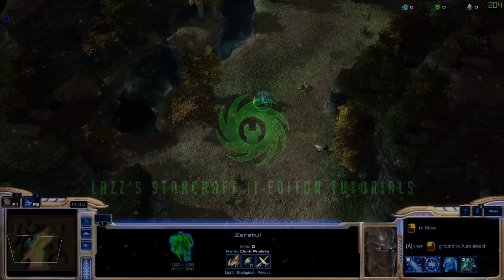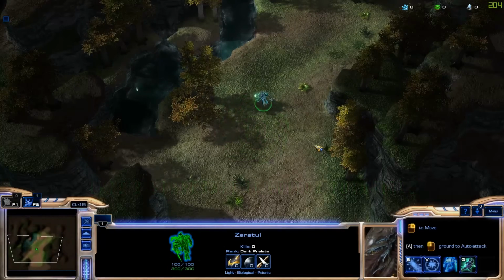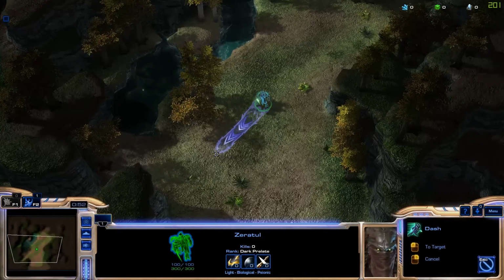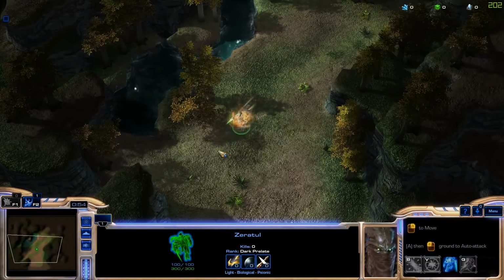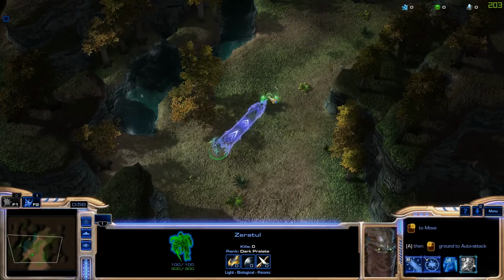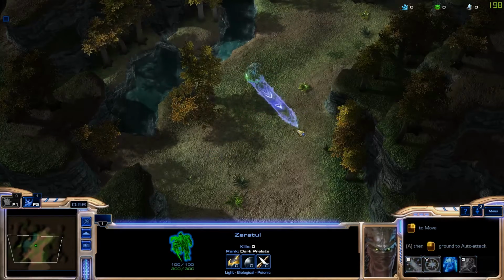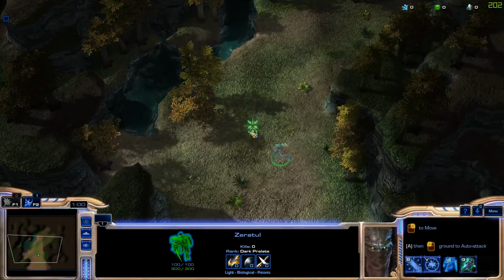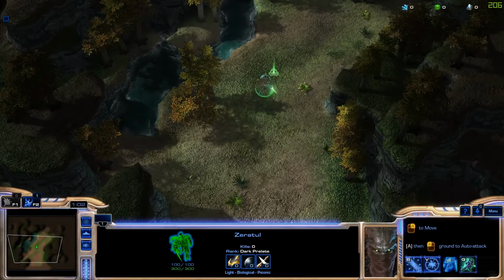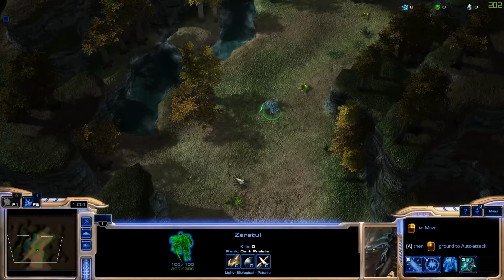Hello and welcome to another StarCraft 2 editor tutorial. Today we're going to take a look at an ability called Dash. When you use the ability, it will send the hero forward in this dashing way. So that's what we are going to be creating. So let's go into the editor